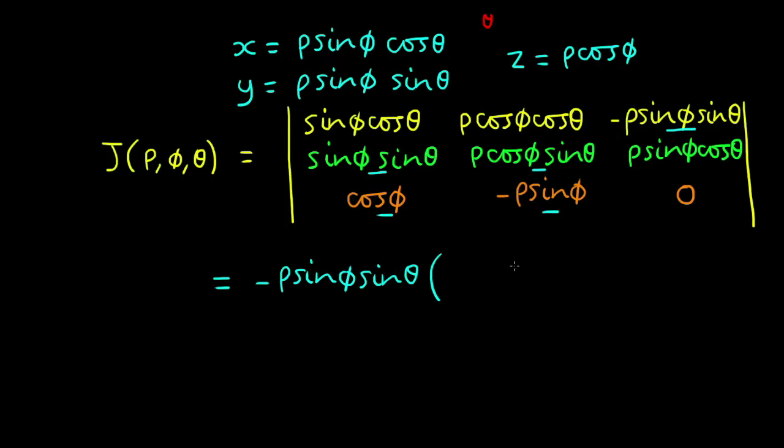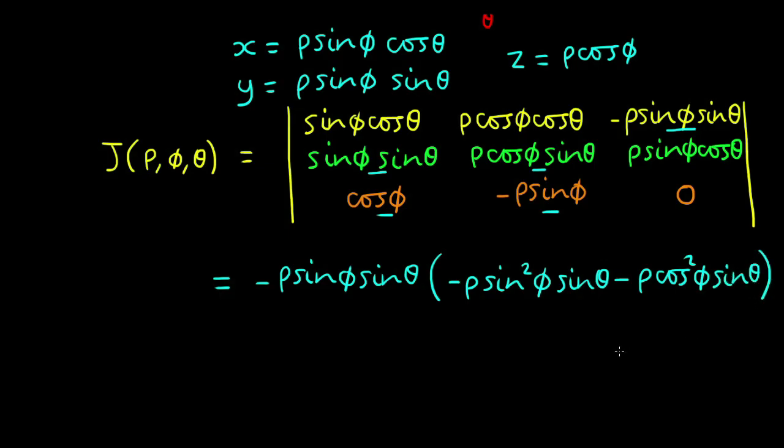So multiplying the cross terms, we get minus rho sine squared phi sine theta, and minus this term by this term, which is rho cosine squared phi sine theta. And then we subtract this term, so we have minus rho sine phi cosine theta,